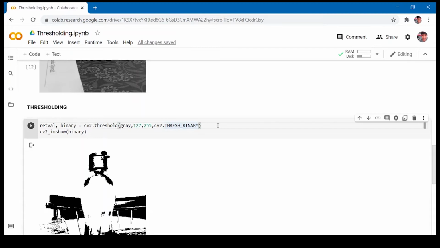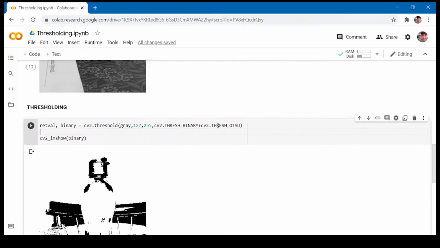Just add cv2.THRESH_OTSU to the flag plus cv2. Now let us try to print the retval.